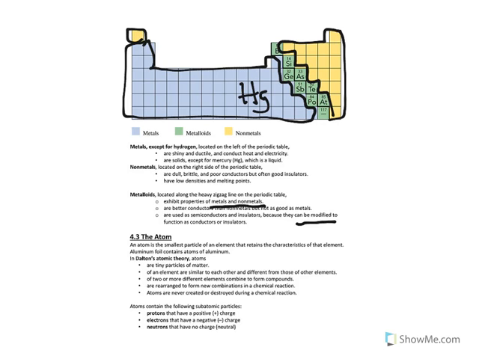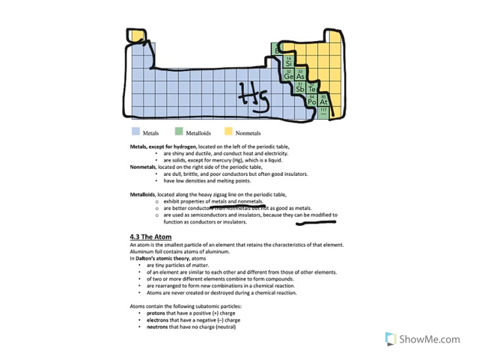Atoms are the smallest particle of an element that retains the characteristics of that element. In Dalton's atomic theory, atoms are tiny little particles of matter. They are of an element that are similar to each other, but different from those of other elements, meaning all atoms of carbon are similar to all other atoms of carbon, but different from atoms of boron, silicon, germanium, or